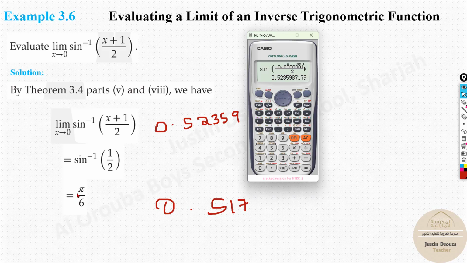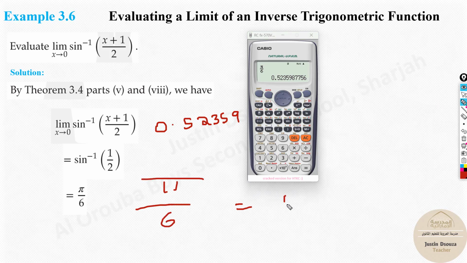Now, but this answer is entirely wrong, isn't it? There are various ways to get it. Whenever it's trigonometry, the best is the calculator because it sometimes gets crazier, right? You will get something like this. How do you know what the correct answer is? What is the answer for this? So now, what you can do is shift pi by 6. How much is pi by 6? It's the same thing. So pi by 6 equals